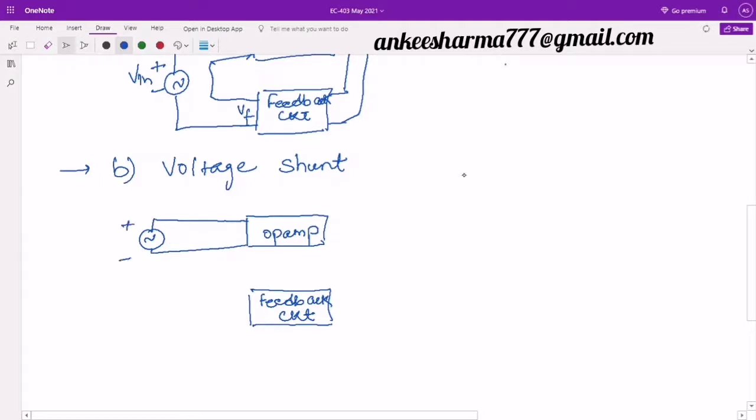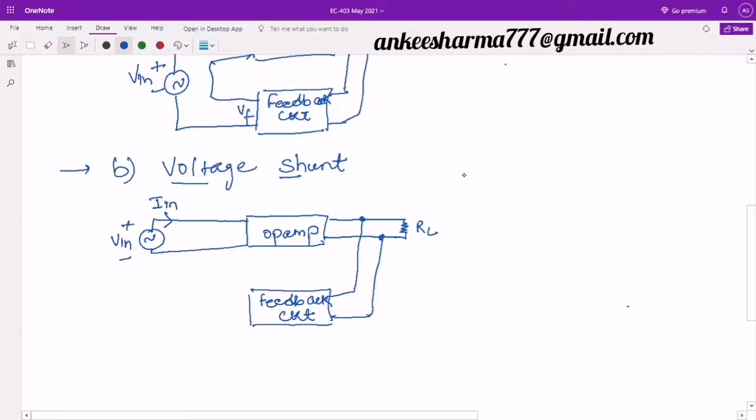So let this voltage be V, and let me take current also here as IE, and definitely I am getting the output across a resistor RL. So I am drawing here RL also. Now look here, as I am saying voltage shunt, so first one is for this output voltage, output part. So it means the output part will be taken through the voltage. It means there must be a parallel combination, because I am taking here the voltage. If I have to take the voltage, then I have to take a parallel combination. It means this parallel combination will be sent to this feedback circuit, right?